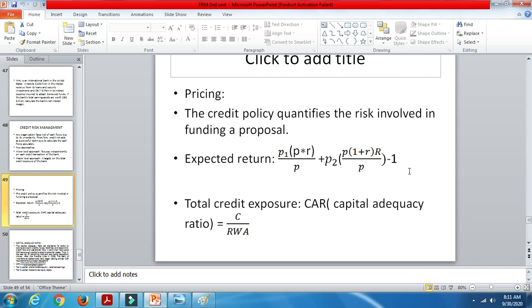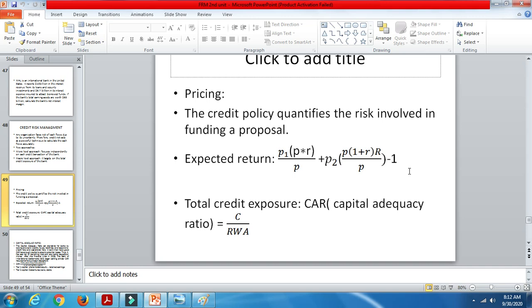Another point: this was about the micro level for an individual person. What is the repaying capacity, probability of repayment, probability of default, and all will be checked. The principal amount and all will be checked in the expected returns. That is the micro level. Whereas in the macro level, CAR is being used. Banks use this, and it's a very popular one among the bankers.